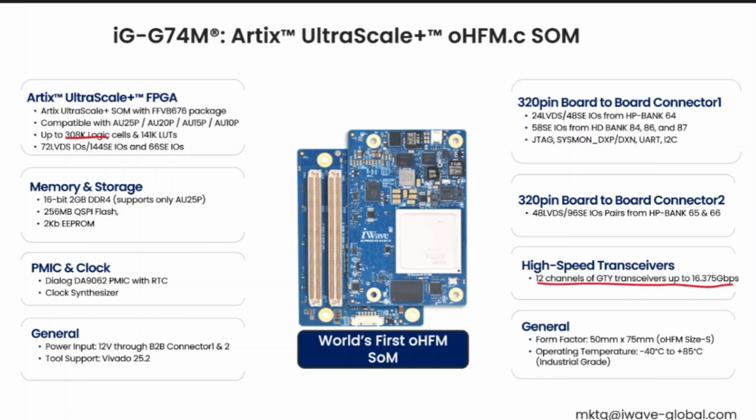The first connector supports 24 LVDS from HP Bank, 53 single-ended from HD Bank and JTAG. The second connector supports 48 LVDS pairs from HP Bank. This entire SOM is designed as per the oHFM size S, and it is qualified for industrial temperature grade